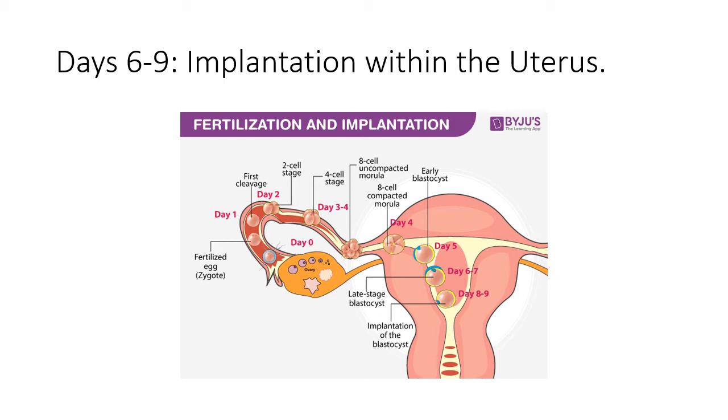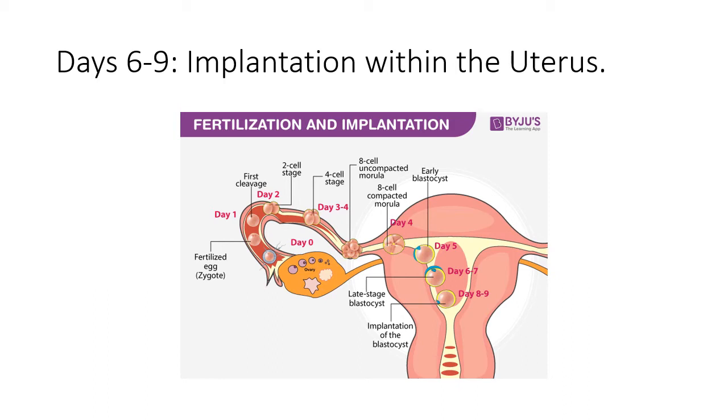Fertilization occurs in the fallopian tube. Or another name for the fallopian tube is what? The oviduct. So fertilization occurs in the fallopian tube, and then that fertilized egg is now going to become a zygote. It's going to go into morula, and then a blastula stage, and then the blastocyst is going to implant